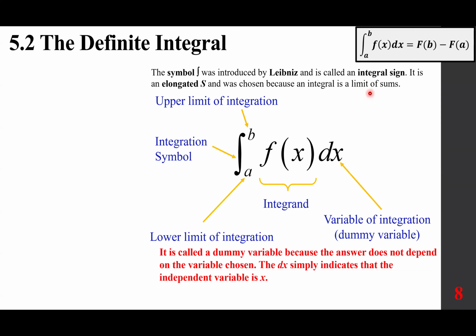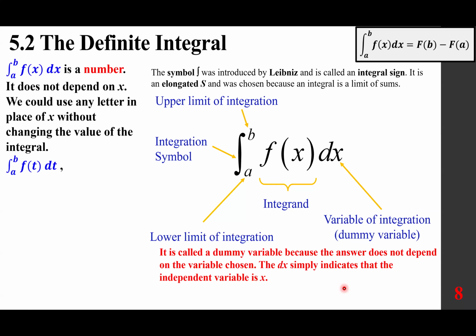Okay. And the reason it's called the dummy variable is because the answer for this is a number and it does not depend on the variable chosen. The dx simply indicates that the independent variable is x. So the integral of a to b f of x dx is a number. It doesn't depend on x. We could use any letter in place of x without changing the value of the integral of a to b